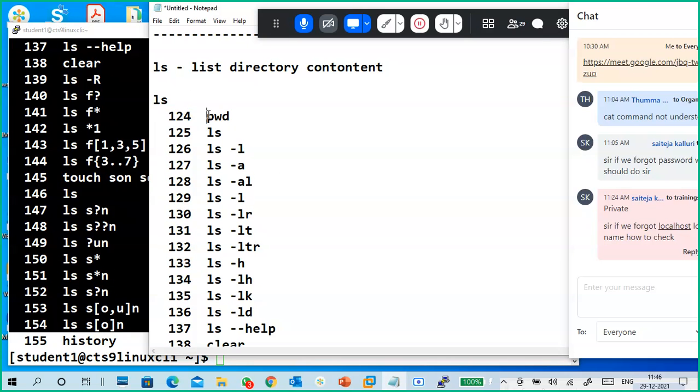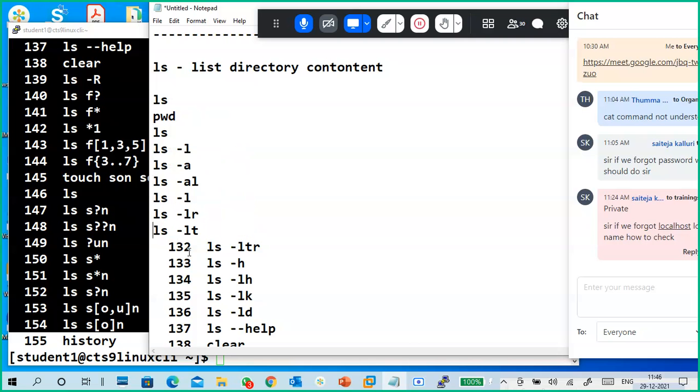Any doubts regarding ls and wildcards? Or do you want any other examples? Today is the morning class only, guys.